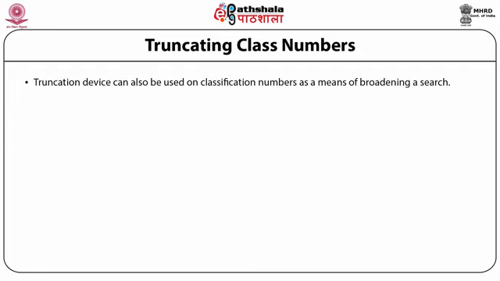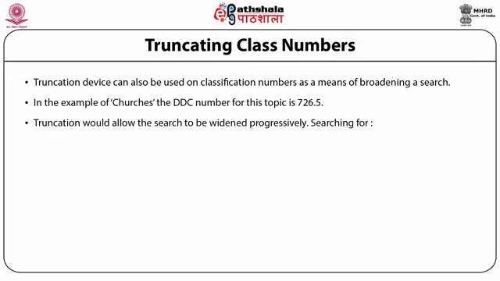The truncation device can also be used on classification numbers as a means for broadening or narrowing a search. When we truncate a class number, we will get a broader number, or we can move down or up a hierarchy in a class number. In the example of churches, the DDC number for this topic is